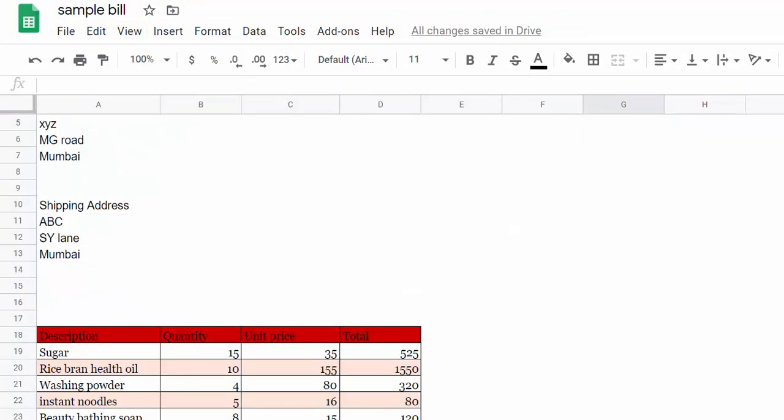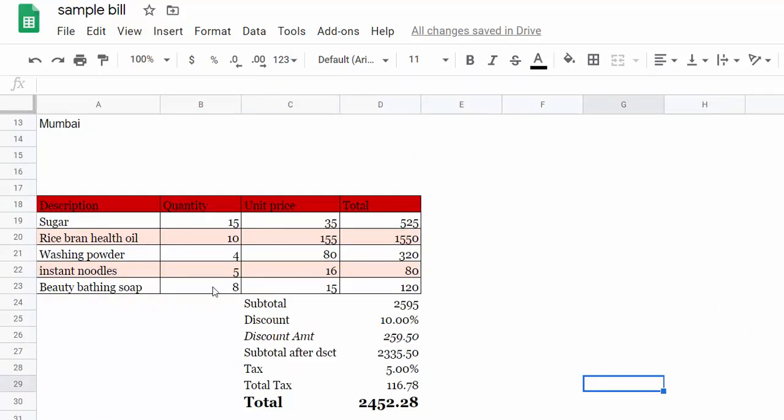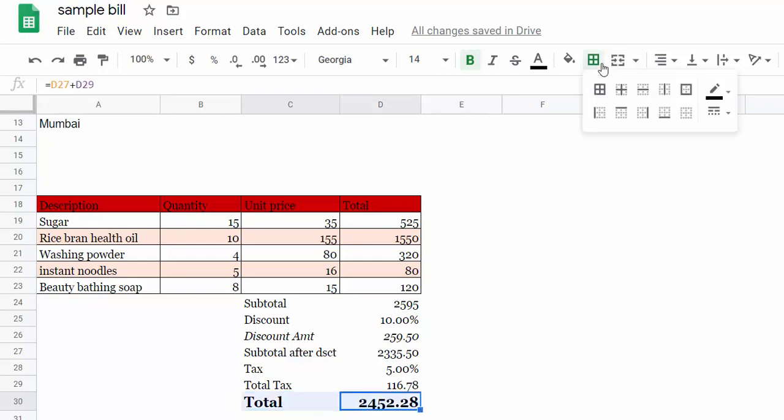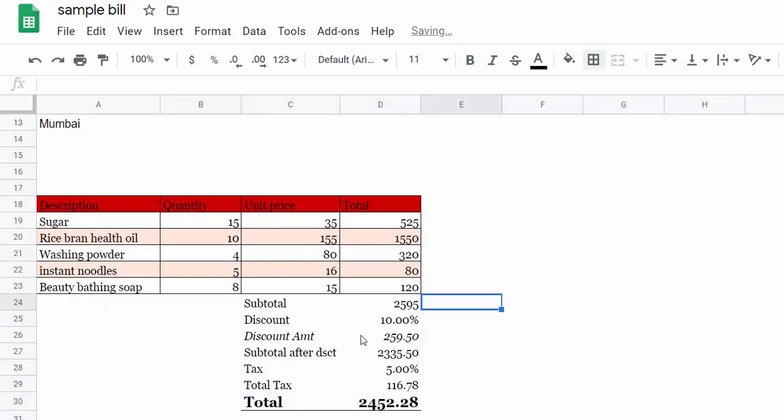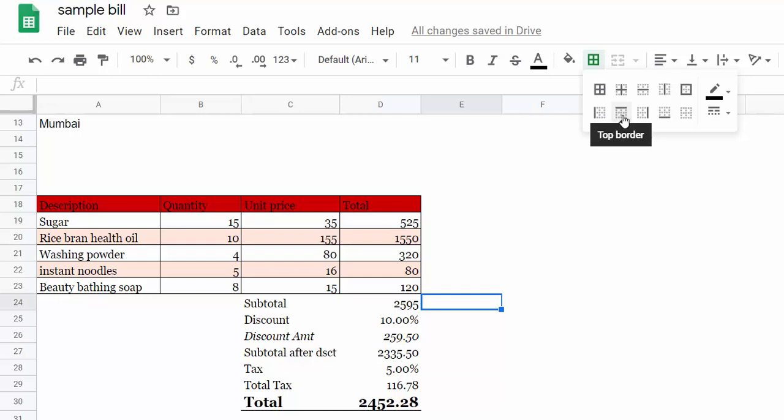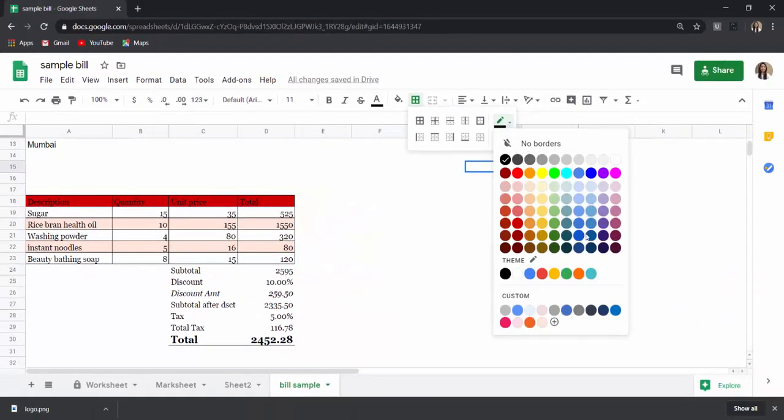So it will remove grid lines, and here as you have selected the borders, it will show the borders for this. Also, if you want borders only at the bottom, then you can select that particular thing, borders at bottom. If you want borders at top, then you will say borders at top. If you want border to one particular cell, outside border, you will say outer borders. You can also select the border colors. So for example, I want red border.